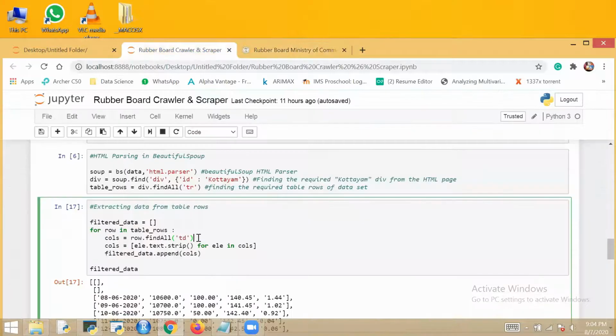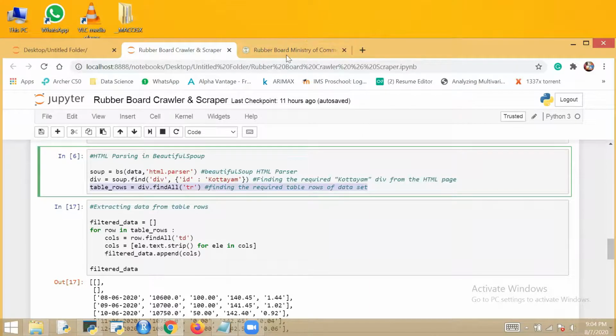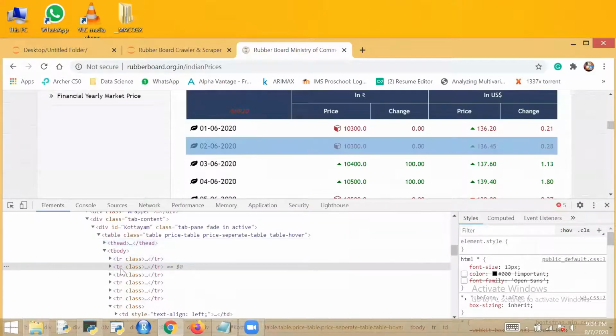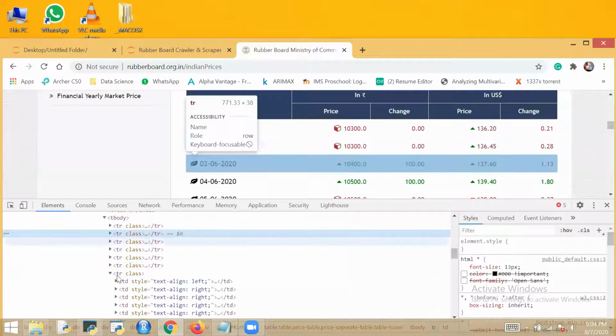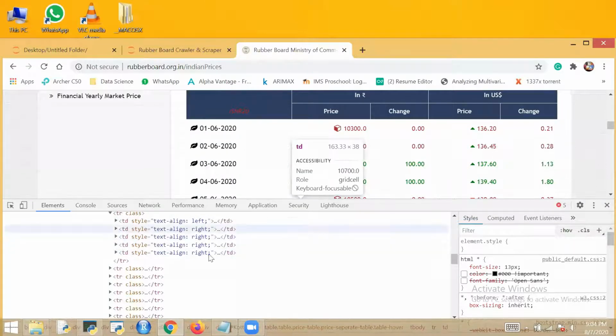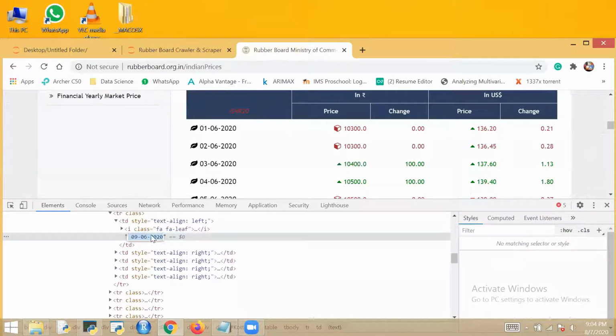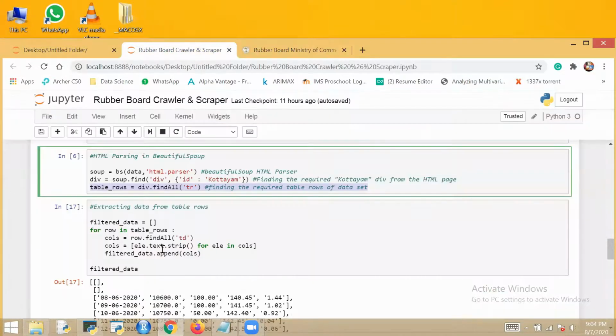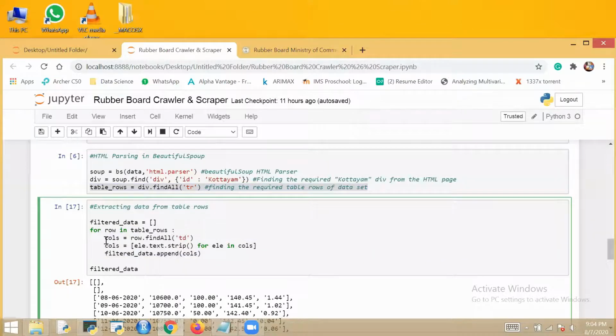Now let's see the code. I have found all these table rows; they are with me. Under these table rows, multiple TDs are there, like this. This is the format. Now I'm trying to extract this. This is the date. See, I want to extract it, so I'm giving it in a for loop. This is how I've done it. Columns, find all TD. When it finds all TD, you can wait. Let's execute one line.